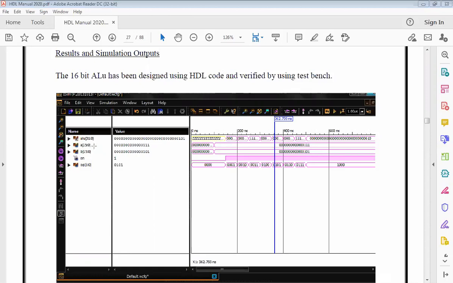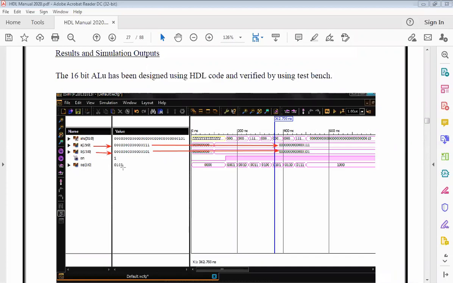You can see A's value is here, and B's value is here. Similarly, the waveform corresponding to it is here. This is how you're going to see it, and the value corresponding to B is here. Enable, we're going to give as high, so you can see that enable is high throughout, and then the opcode, 0101, whatever you have given.